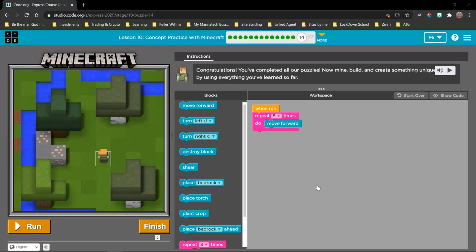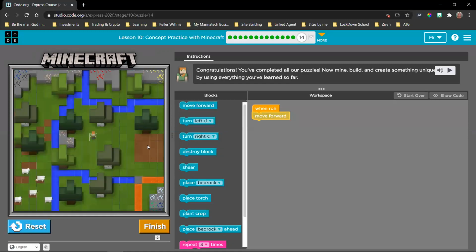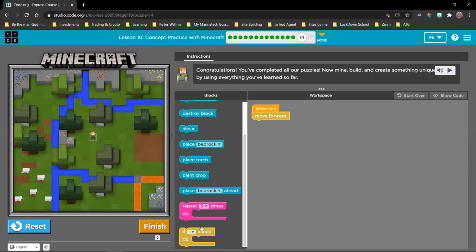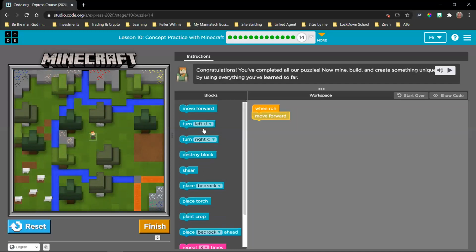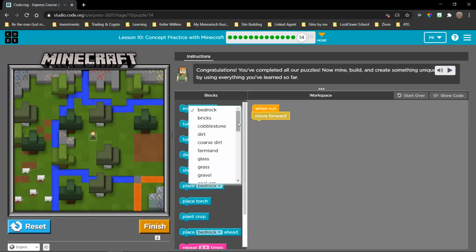If you really want to check if you understand code, let Alex or Steve or whoever you chose to play with move one so that it zooms out. Now you can see this entire area. While this is here, plan what you want to do. Obviously taking into account these blocks that you have available. Okay, but you can place from bedrock to gold ore, emerald ore, TNT. So there's a lot of stuff that you can do.